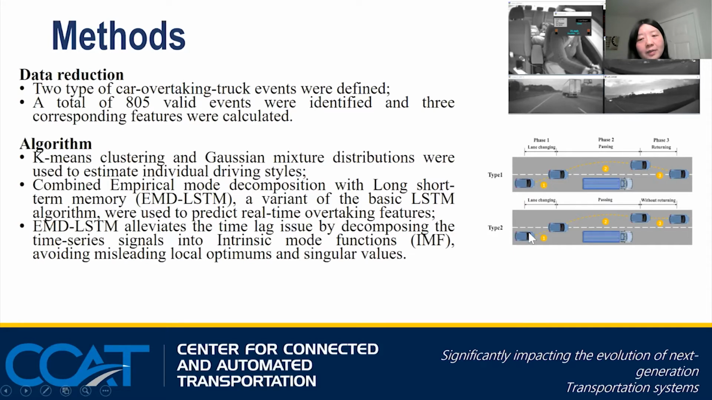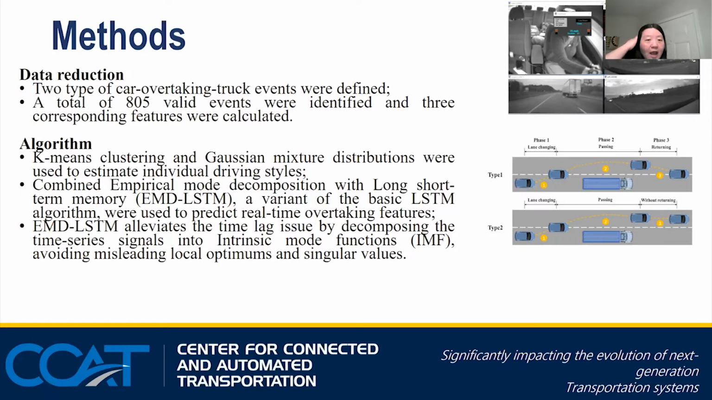The second type we included just as a comparison. In this type of event, the passenger car drivers made a lane change and surpassed the truck, but didn't return back to the original lane. So by having this definition, in total we have about 805 valid events we identified on the highway from the SPMD